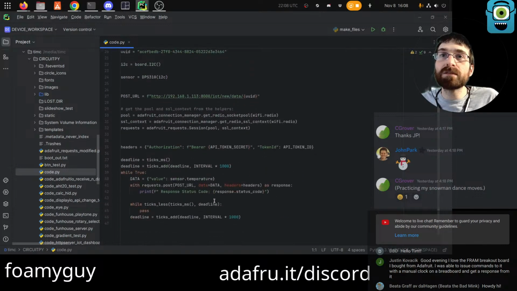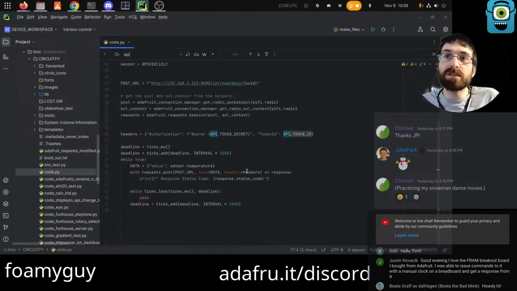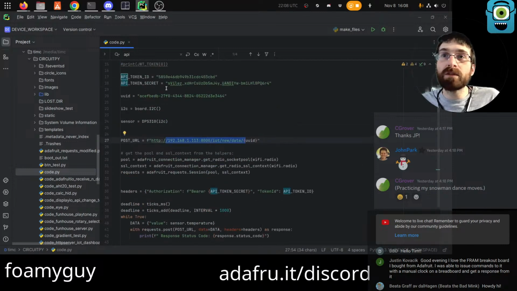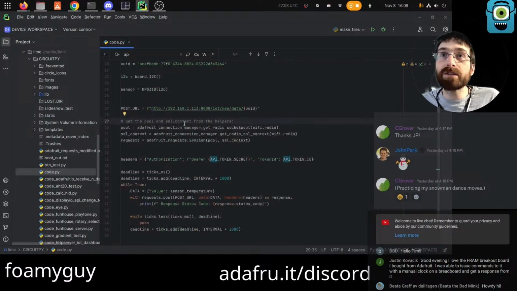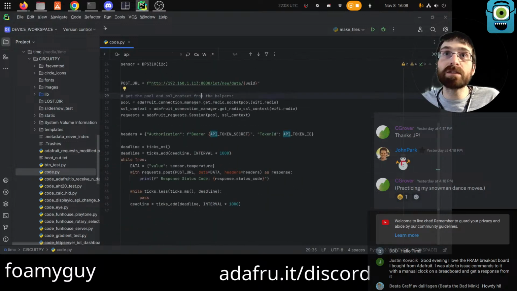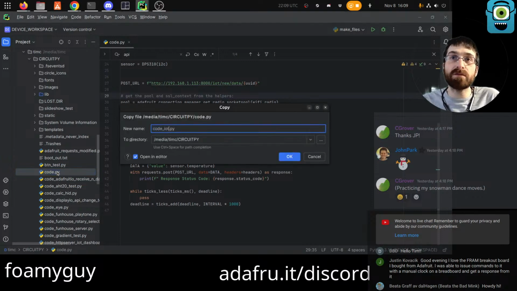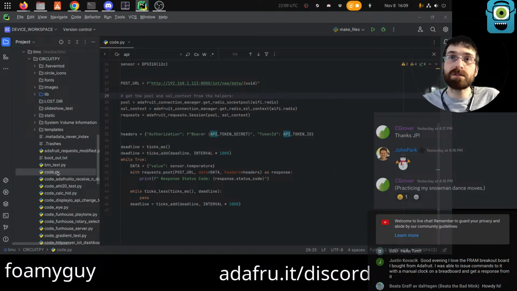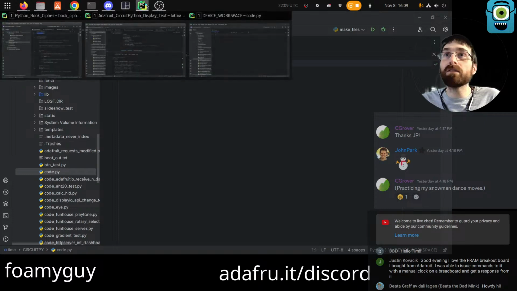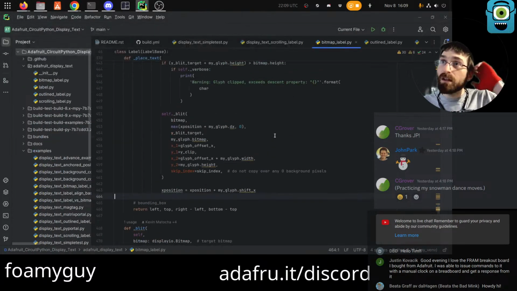Hold on. Let's figure out if we need to think about this. I think this is fine. This was a test server I made. It only runs on my network, and it's not running right now, so there's the token for it. Don't steal it, or do steal it. You're not going to be able to do anything with it anyway. Maybe next time I will not just leave a token in my code.py file. So let's save that as IoT server test. And then we can clear it out and dive into what I really want to work on today, which is